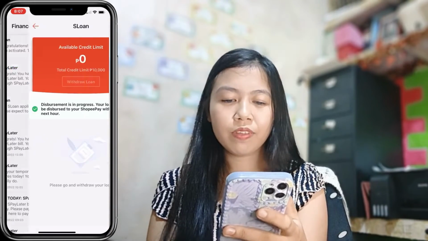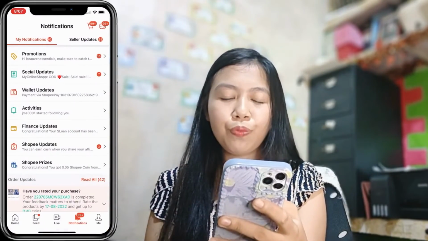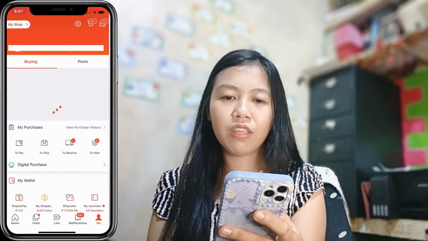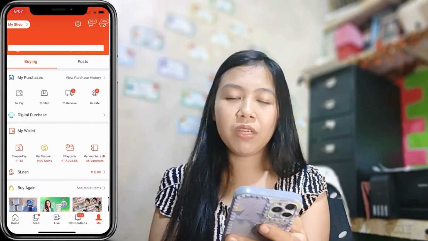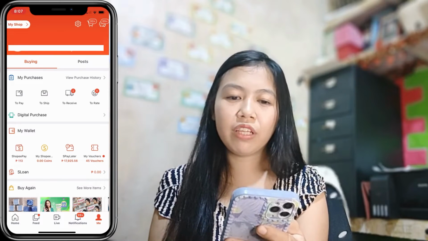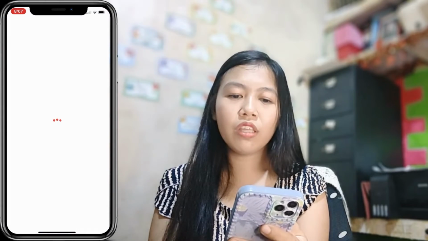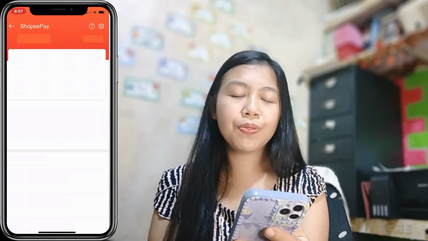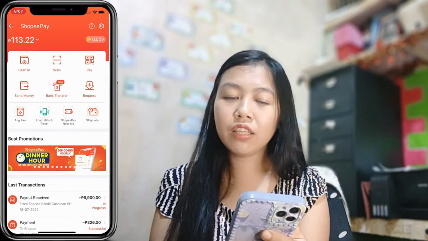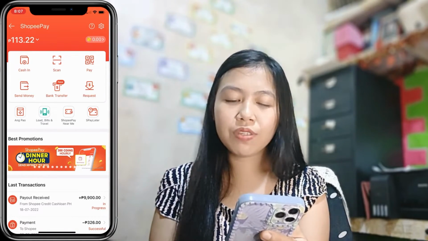So let's just wait a couple of minutes. I think it's just a few minutes and we will receive it directly in our Shopee Pay. In our Shopee Pay, there is 113.22 peso available.